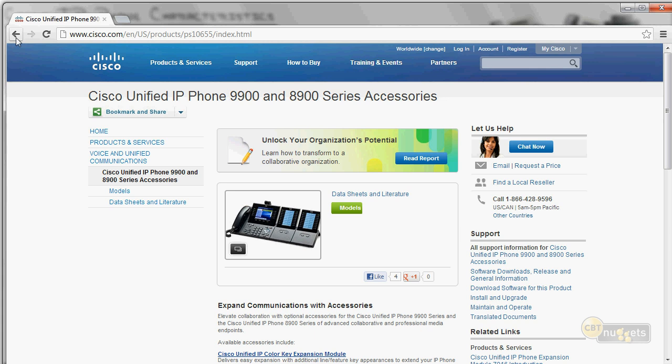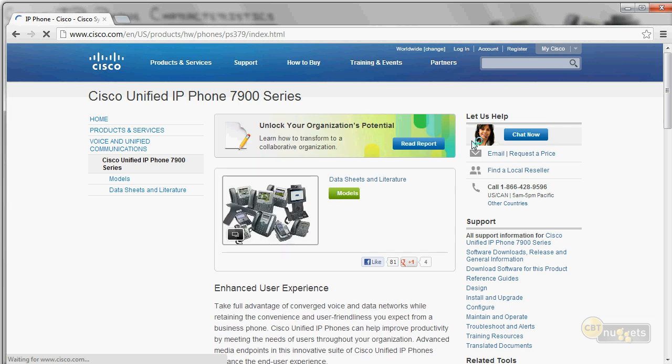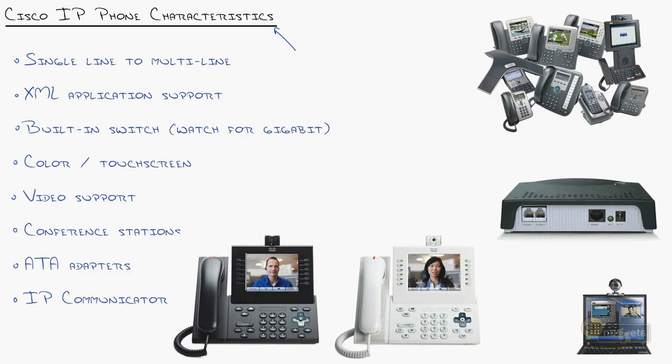So there are still some of the original series. I mean, when I got into IP telephony around 2001, 2002, they had the 7900 series IP phone, but all the original models, like the 7940, 7960, they're all gone. They're all replaced with the 41, 42, 45. All these models that have come out since then that are upgraded. So you can find out what models exist and what they have, but